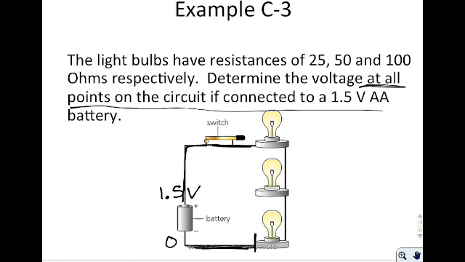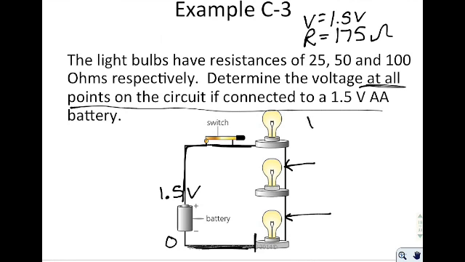So really what I need to do is find the voltage here, and find the voltage here. In order to do that, I need to solve for the overall current. So I have the voltage is 1.5 volts, and the total resistance is 25 plus 50 plus 100, which is 175 ohms. Now once you do that, you can solve for the current. You would say V equals IR, plug in 1.5 and 175 for R, and solve for the current, which, if you round it, is about